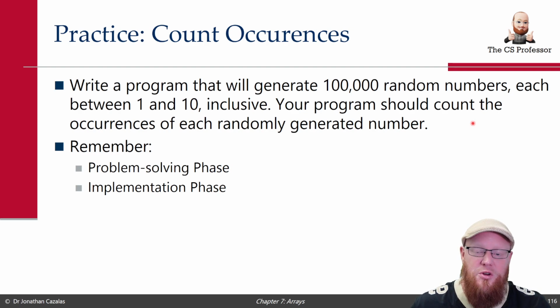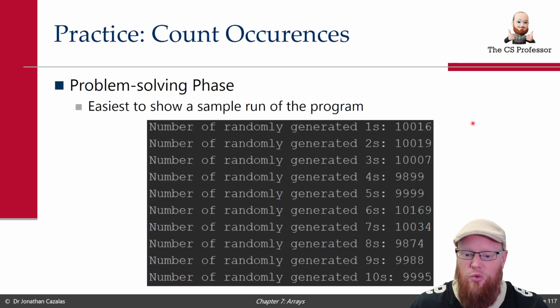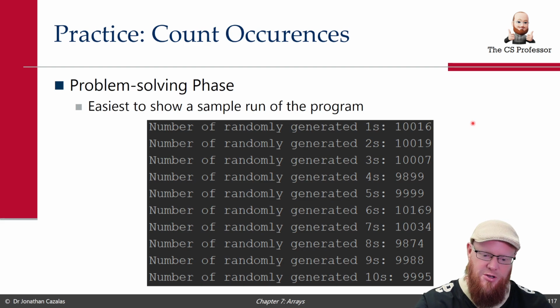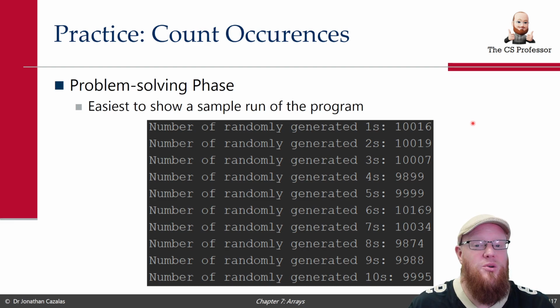Write a program that will generate 100,000 random numbers, each between 1 and 10 inclusive. Your program should then count the occurrences of each randomly generated number. So here's what we ultimately want to get as an output. We want to loop 100,000 times. At every iteration of this loop, we want to generate a new number between 1 and 10, inclusive of 1 and 10. And then at the end of that loop, we want to have somehow saved the data to know